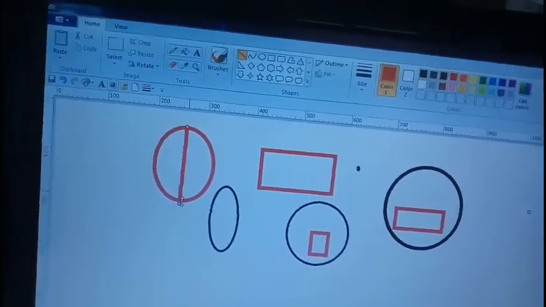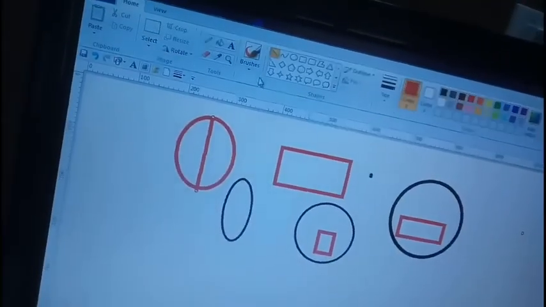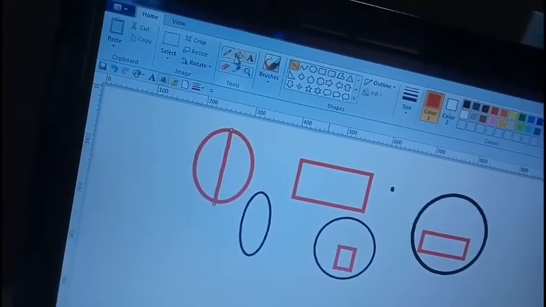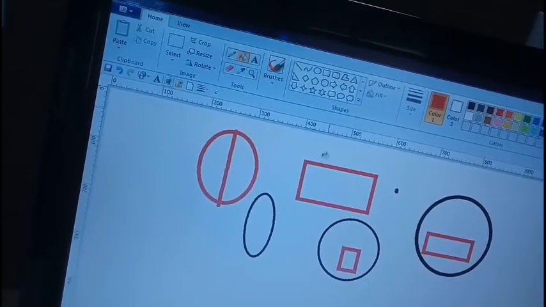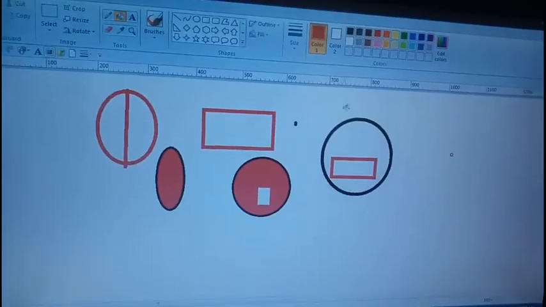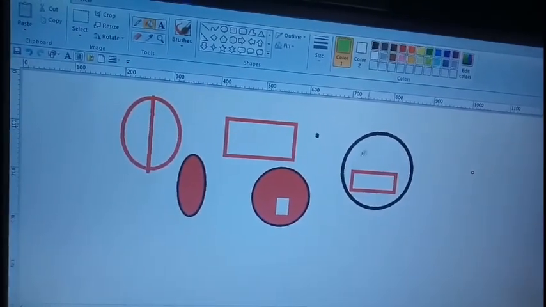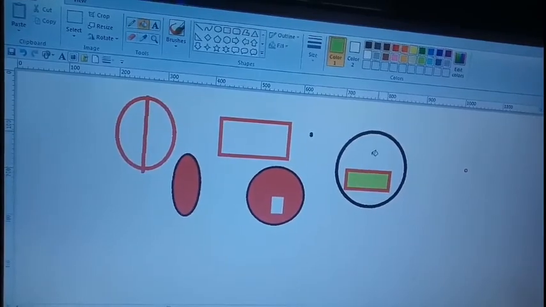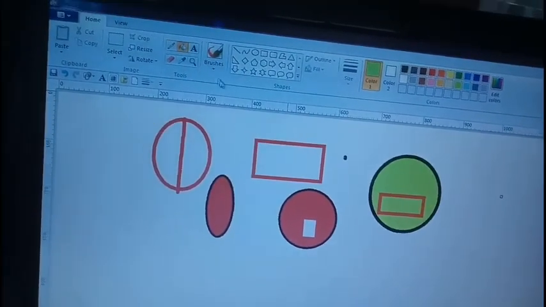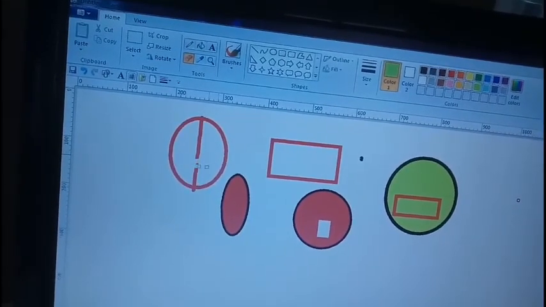And we have the fill color tool, this one for filling shapes with color. And we have the eraser tool for rubbing out drawings.